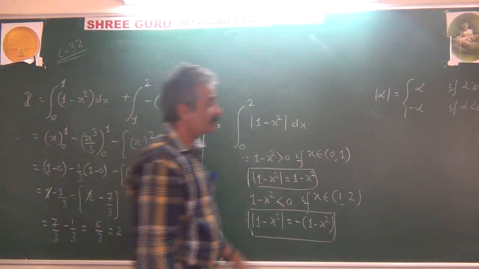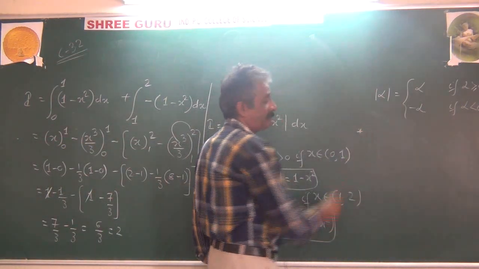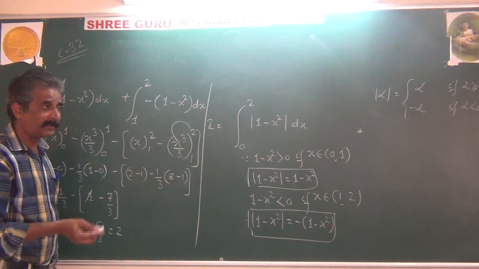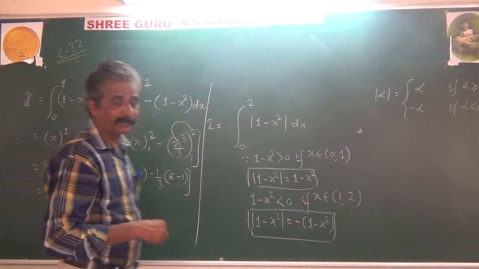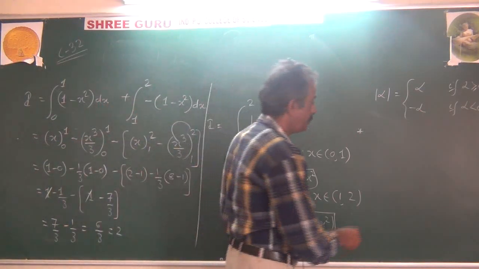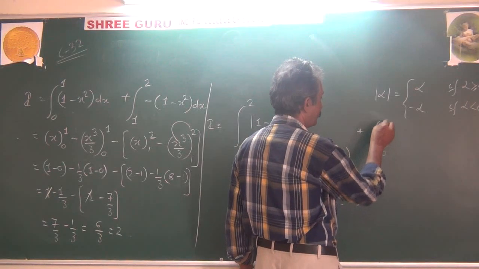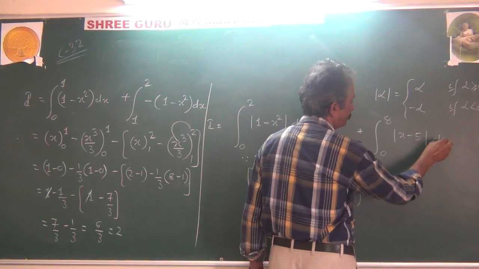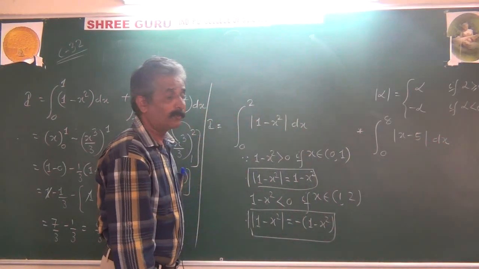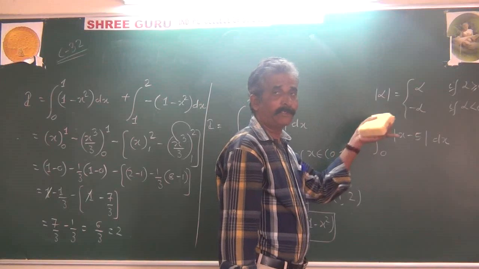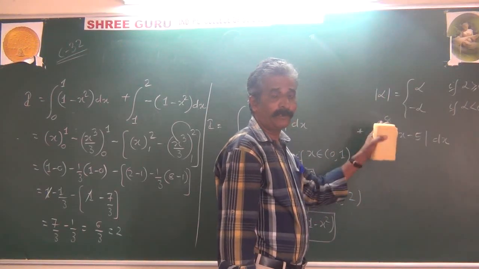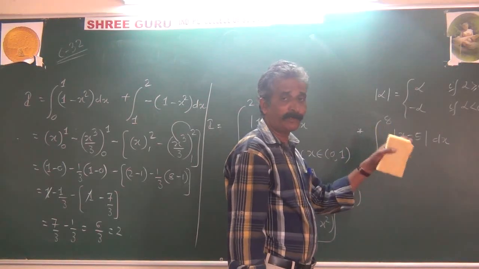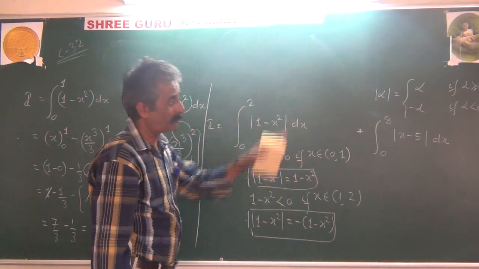So these two questions you try yourself using property 6. Next class we have property number 7, lastly property number 8, another 3 or 4 periods. Integration topic will be completed. Find these involved. Evaluate integration 0 to 8, mod of x minus 5 dx. How you have to break: 0 to 5 plus 5 to 8. In the interval 0 to 5, x minus 5 is negative, use that modulus property. When x is greater than 5, x minus 5 becomes positive, use that property.